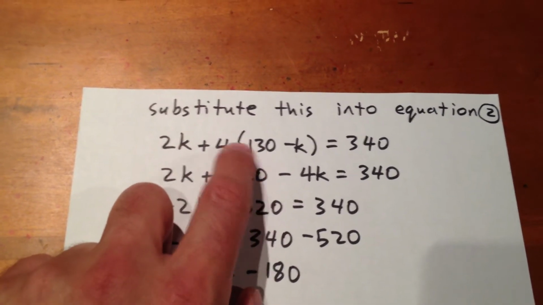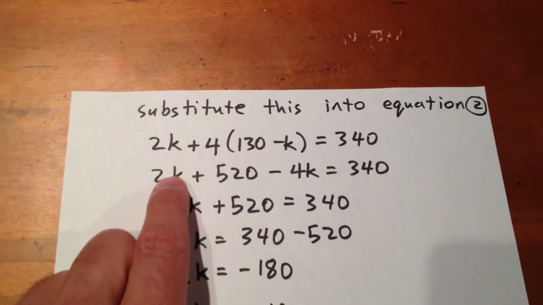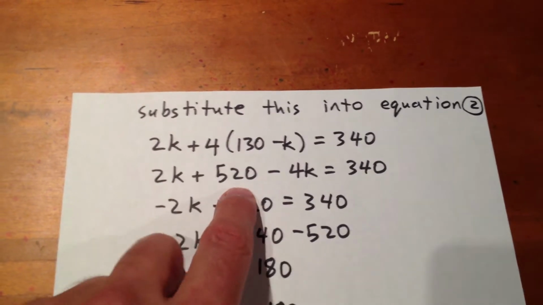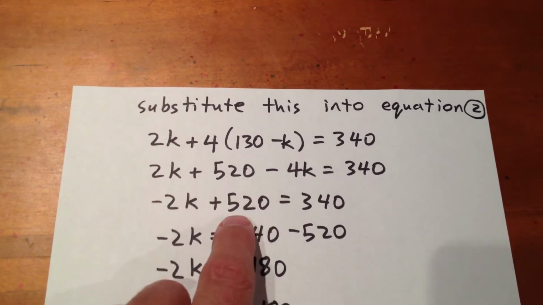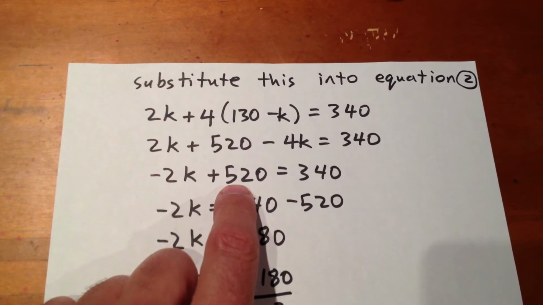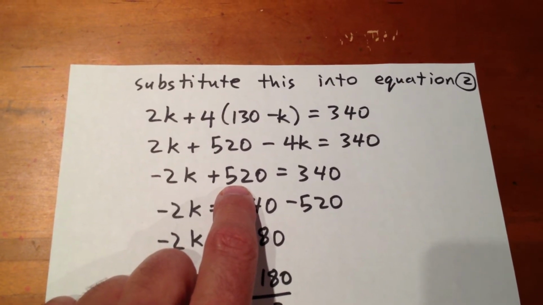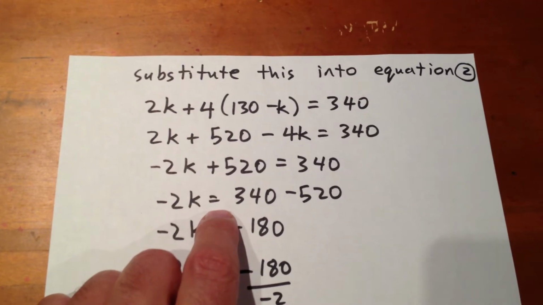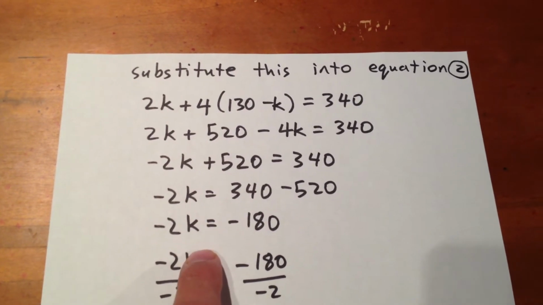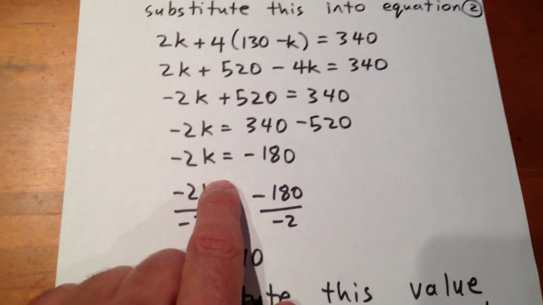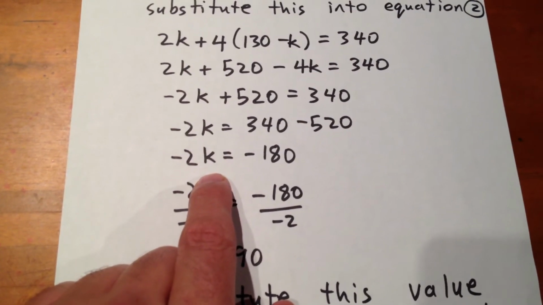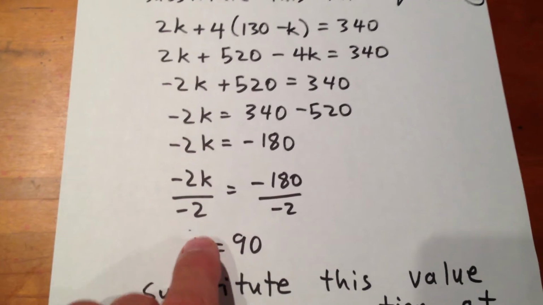I can then distribute the 4 into the bracket, and I get 2K plus 520 minus 4K equals 340. And what I can then do is try to isolate the K term. What I end up with is negative 2K equaling negative 180. Well, I can then divide each side by the coefficient of K, which is negative 2, and I get K